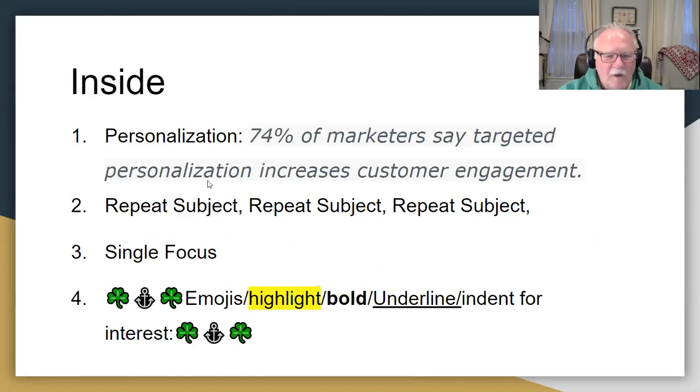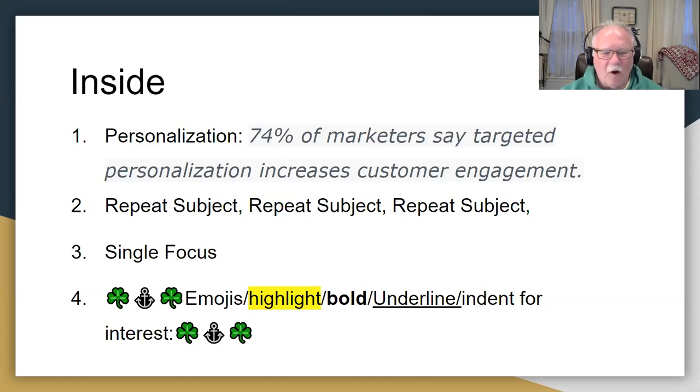And I think one of the most important things here is this statistic that I pulled off of Aweber that says 74% of marketers say that targeted personalization increases customer engagement. Now there's another side of the argument there. People think that if you customize an email and you're doing a mass email, that it's really not very personalized. But nonetheless, I still believe that if a person reads their name in an email, as you know, dear Fred, dear George, dear John, whatever, and where appropriate,